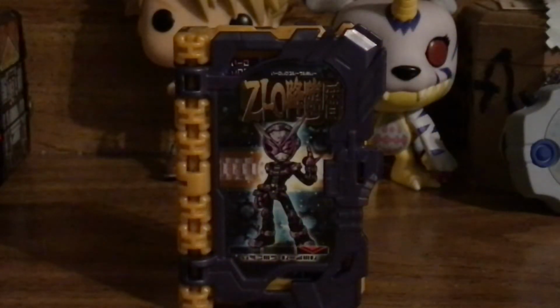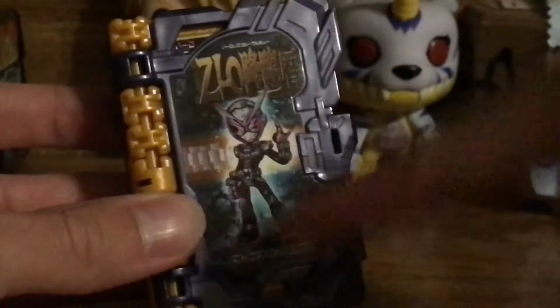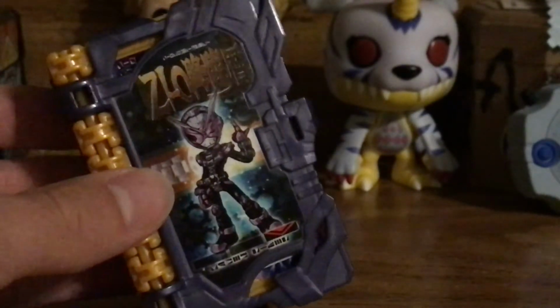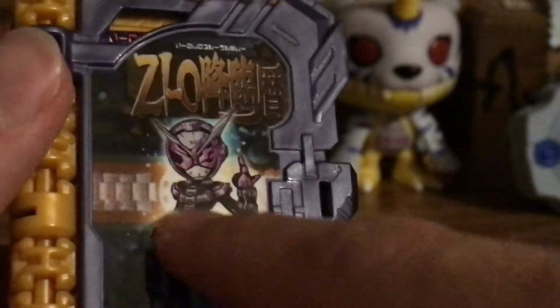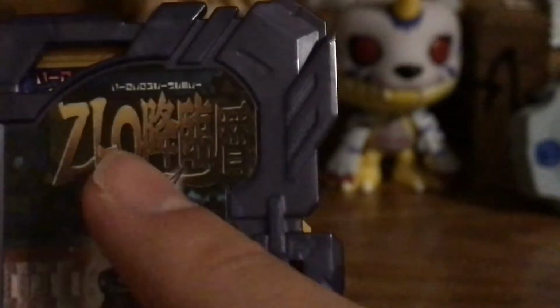So here we have the Gyo Kamen Rider Zio, or the Gyo Advent Calendar Wonder Ride book. Now, the overall book itself, for the cover page at least, is more or less based on the Advent Calendar for the demonic overlord that was used in the show often by Woz. And as you can see right here on the main picture, the background detailing is actually based on that book. The only thing that changes is the fact that Gyo's name is written in English, while the rest is just written in katakana. You can see right here,